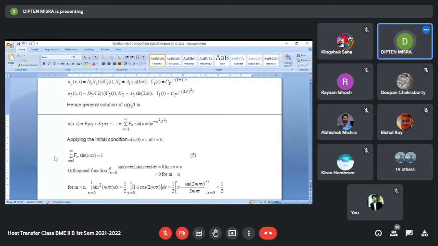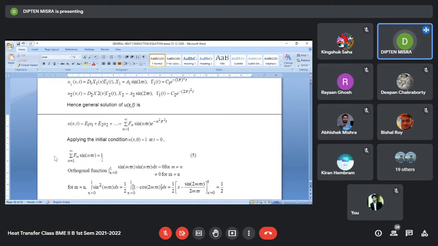Okay. So now if you integrate this thing, it becomes 1 with respect to x. The integral of 1 dx is x, minus the integral of cos of this thing, which is minus sine 2 m pi x divided by 2 m pi. And subsequently put the limits between 0 and 1. When it is 0, it becomes equal to 0. And when it is 1, it becomes 1. And what about this thing, sine 2 m pi? That is 0. So it becomes simply 1 divided by 2. So it is equal to half.